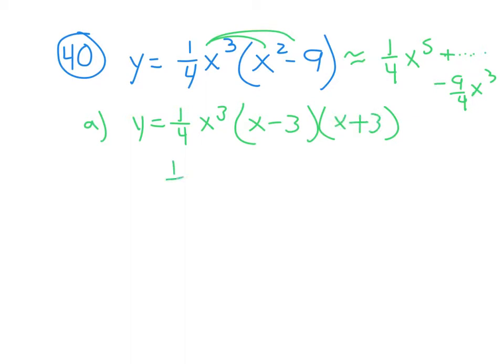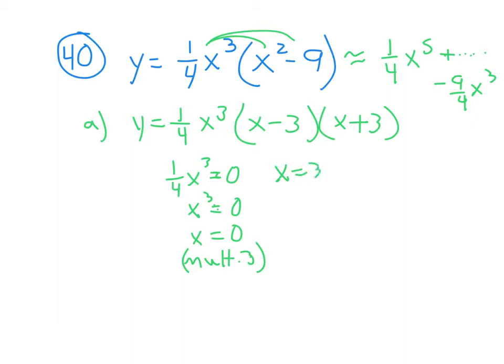If I set each of these equal to 0, I know 1/4 x cubed equals 0 will yield, multiply both sides by 4, I get 0, take the cube root of both sides, and I get x equals 0 with multiplicity of 3 because of the x cubed. That uses 3 of the 5 total factors. I get x equal 3 with multiplicity of 1 for this next term, and I get x equal negative 3 with multiplicity of 1